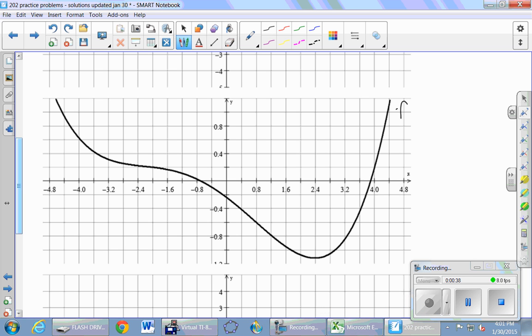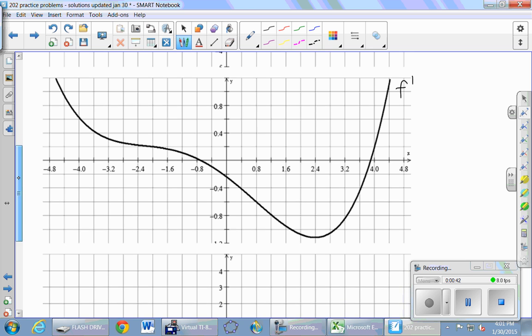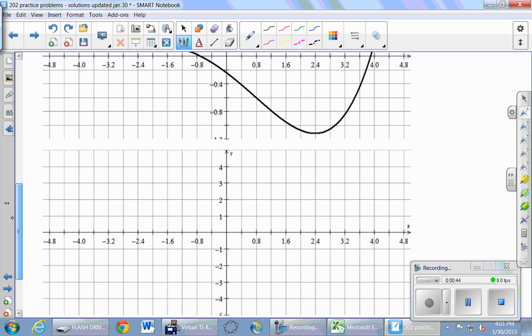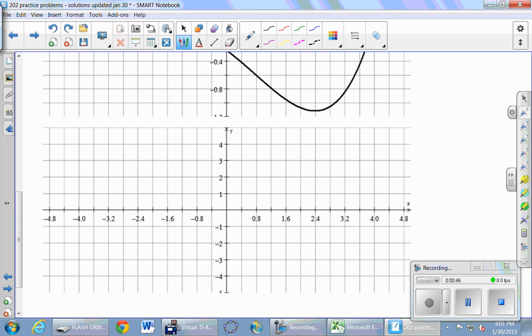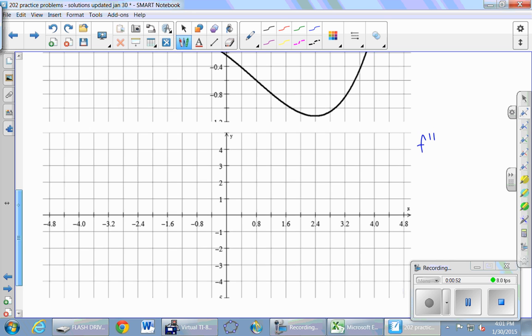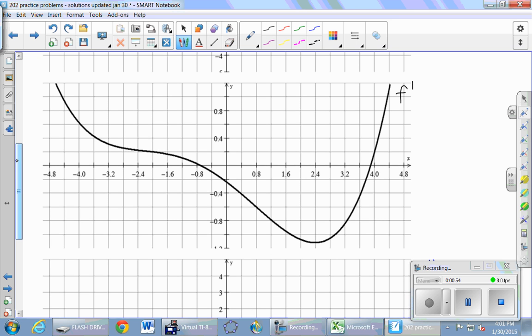So I'm going to call this guy f prime in black. It's easier to graph the derivative than the antiderivative. So let's think about graphing f double prime first. So we'll do f double prime here in blue. Okay, so we're going to write some information that we get looking at f prime. I can see that f prime is, let's see, we've got some big positive values of f prime here, and then eventually,